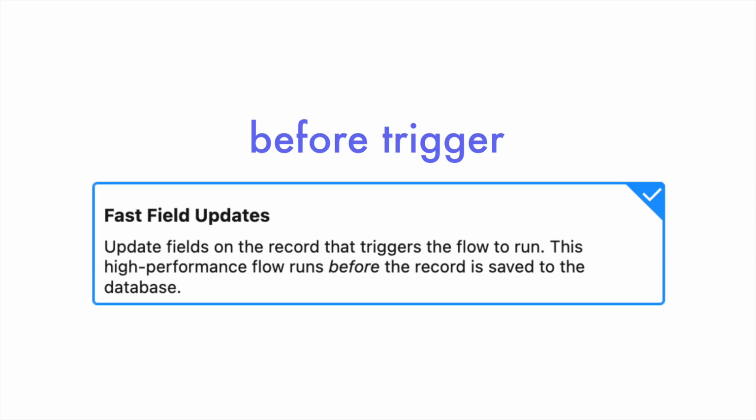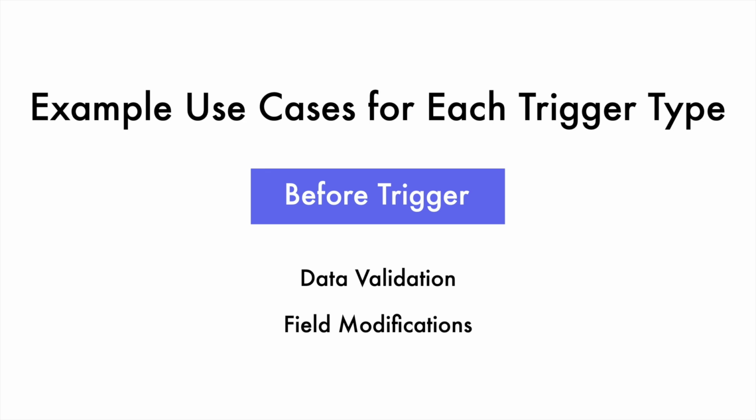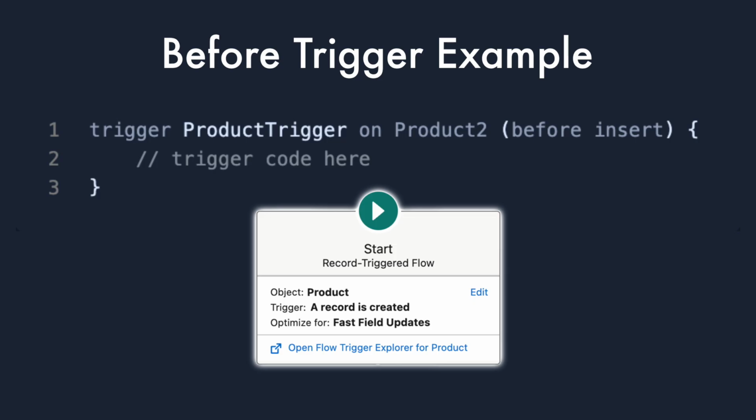Trigger events that occur before a DML operation are similar to the fast updates option in record-triggered flows. Before triggers come in handy for data validation and field modifications that should occur before a DML operation. For example, if we want to prevent products from being created, we can use a before insert trigger to handle